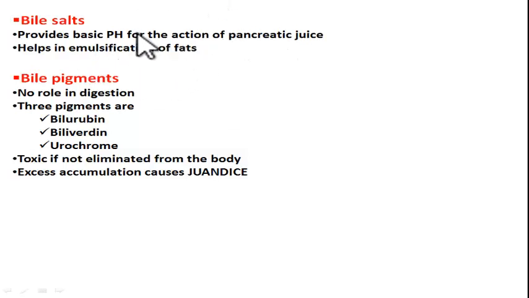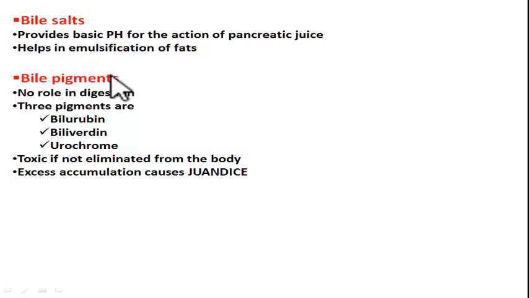So far we have seen only digestion of carbs, that is 30% of carbohydrates are digested in mouth, and some amount of proteins are digested in stomach. Fats are not touched. For the first time, bile salts act on fats and convert them into small droplets. That happens in duodenum under the action of bile salts.